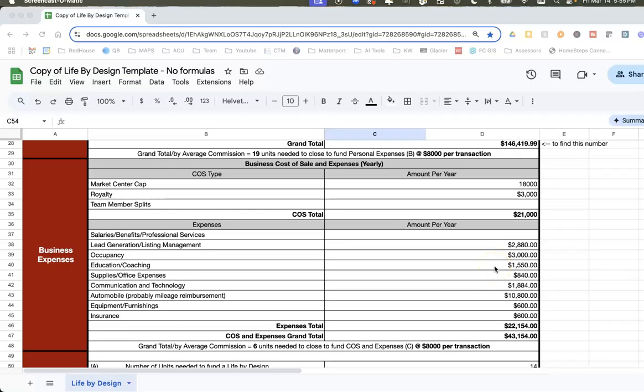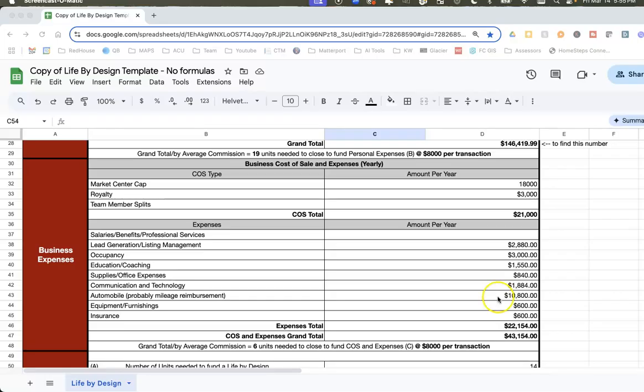When I look at education and coaching, I am not spending a lot of money here. I think that number is actually supposed to be $15,000, but we'll keep going. If I'm not in coaching, I'm spending about $1,550 per year on education. And next, I'm spending about $70 a month on office supplies. Times 12 is $840. And then my cell phone bill and internet bill, etc., is about $157 a month, I believe I calculated here. So times 12, I'm looking at